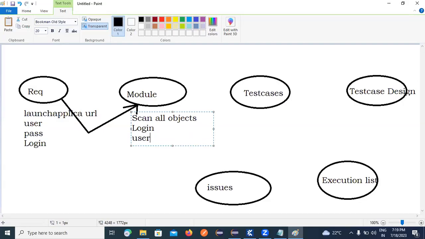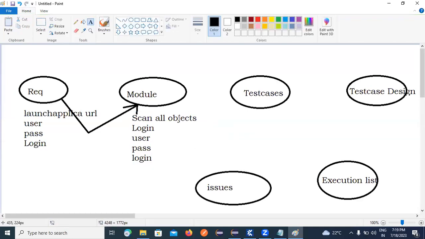Next, username, password, and login. These are all information you need to scan under module. Once you have scanned all the application related information,